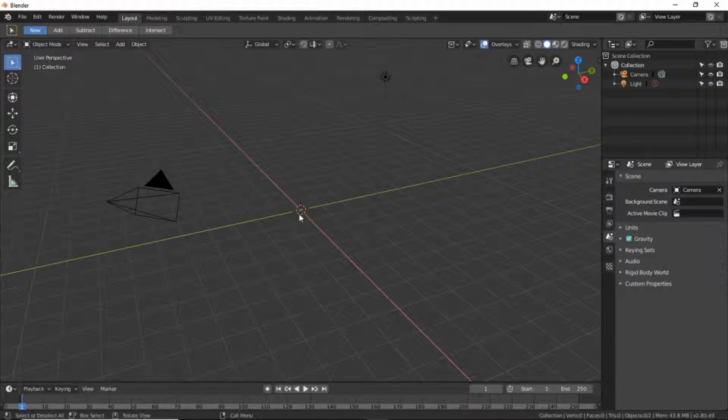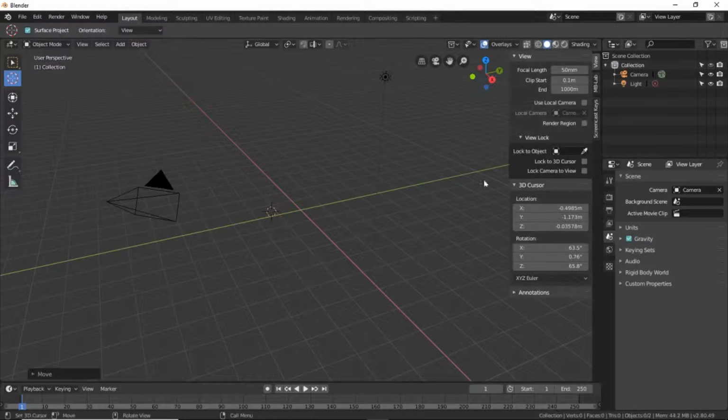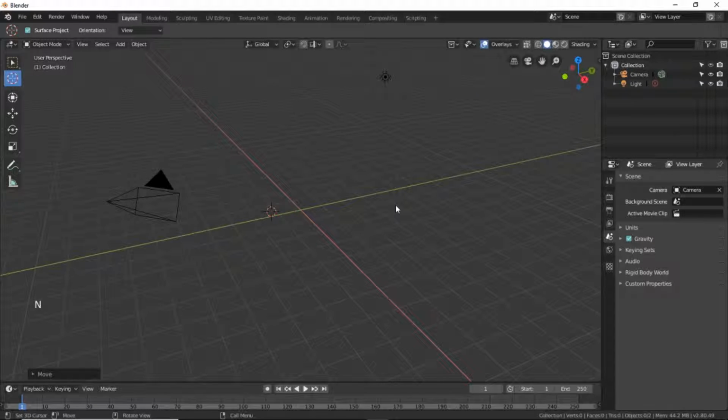If I want to move this 3D cursor in the viewport, I have to change the control from the select box to 3D cursor, and then use the left mouse click to move this 3D cursor around. Hit the N key to bring the menu into the viewport. There you can see the current location of the 3D cursor. And again, to hide this menu,